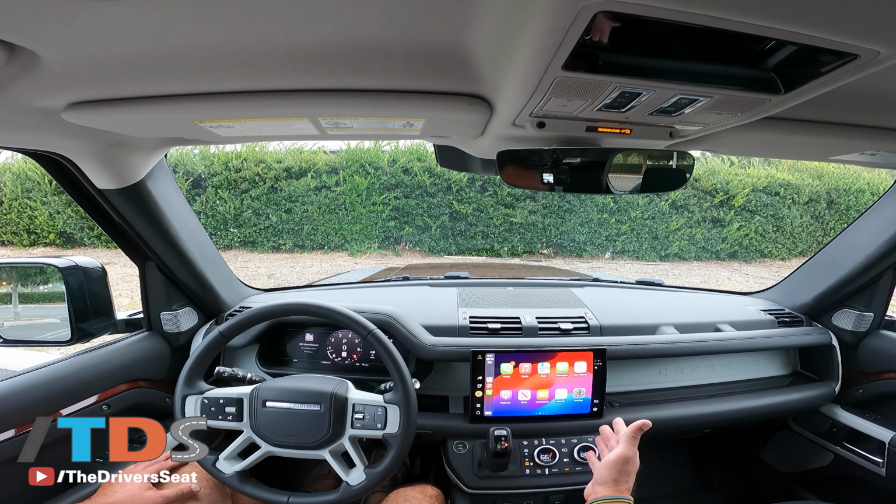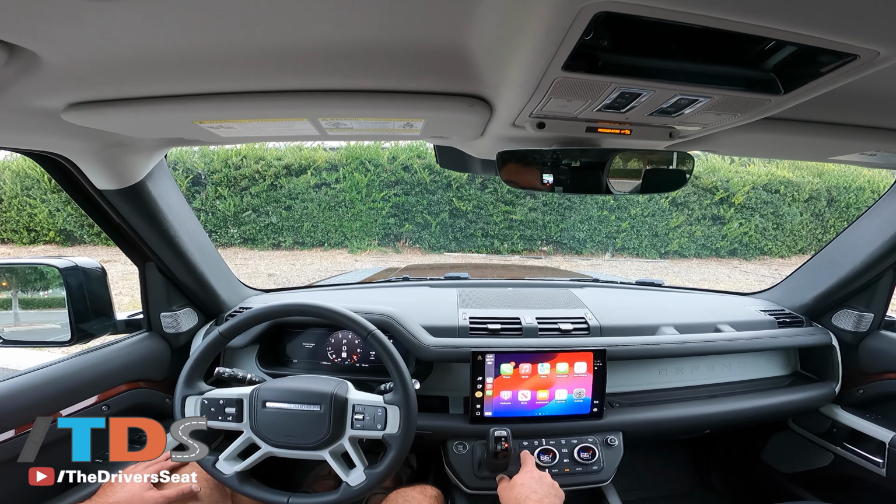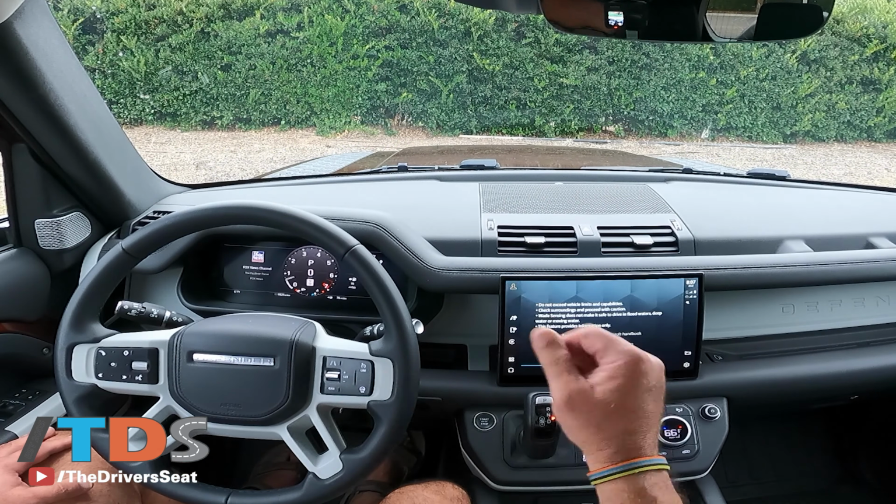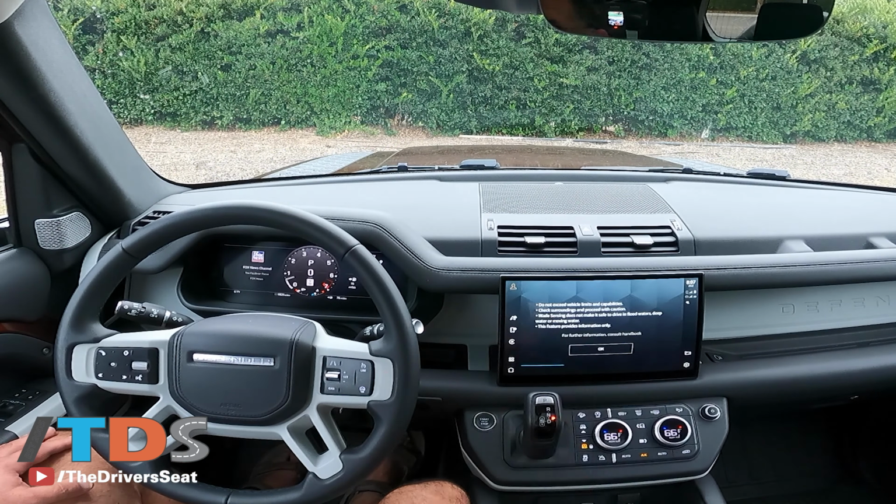There are a lot of nice features here. If you were to go off-roading, you have your different drive modes. I mentioned the air suspension. As you can see, the vehicle is being raised and lowered. Something called wade sensing, so when you're wading in water, you can see that. What they're telling you here is that you could be in up to 2.5 feet of water. There are a lot of gadgets in this vehicle, and I don't know how many people can actually take it off-road, but you can see we have our